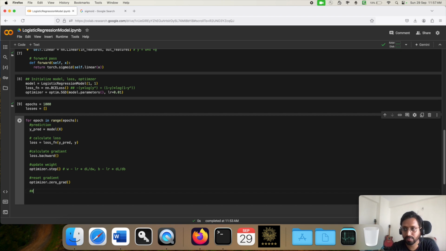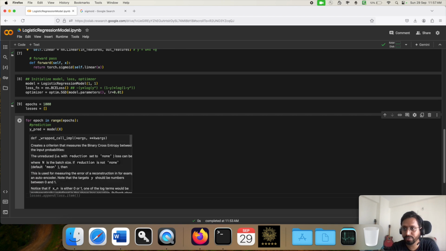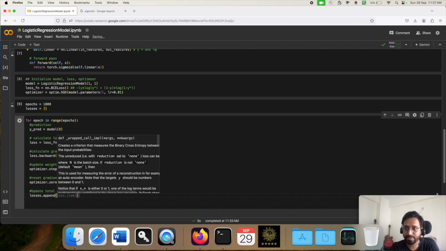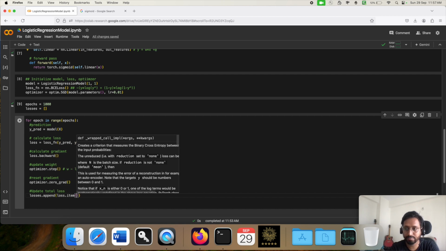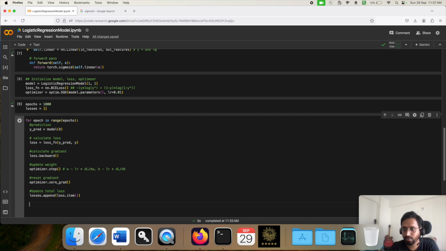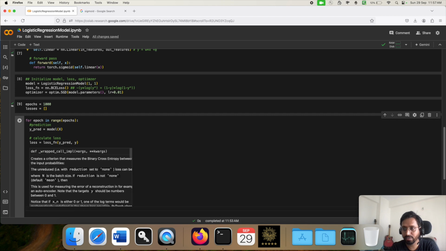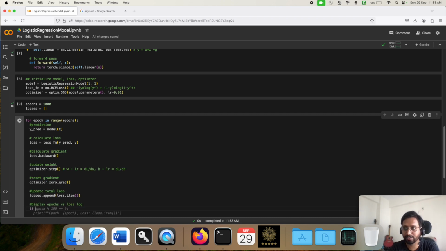Okay, here, update total loss. What we can do is losses.append(loss.item()). Now display epochs versus loss log. Okay, fine. So now what we can do is, if I print for each iteration, there will